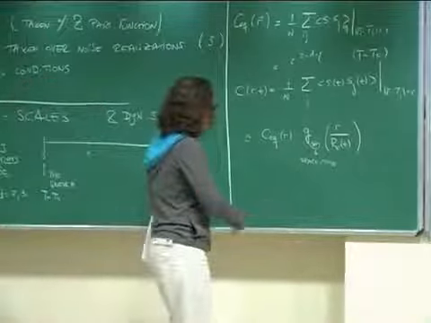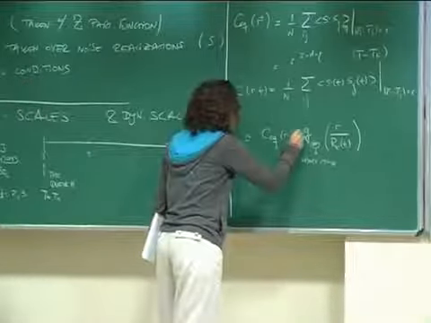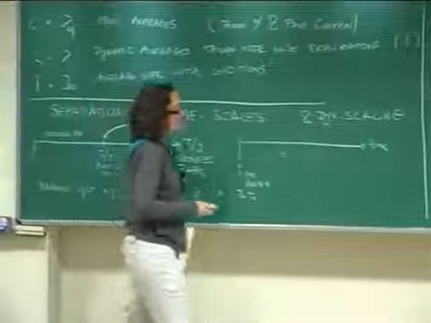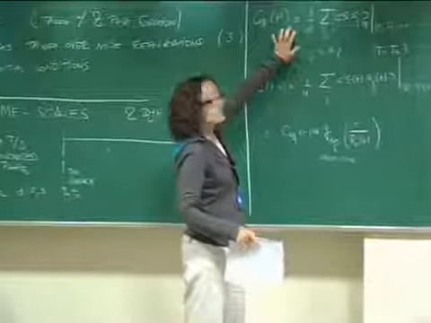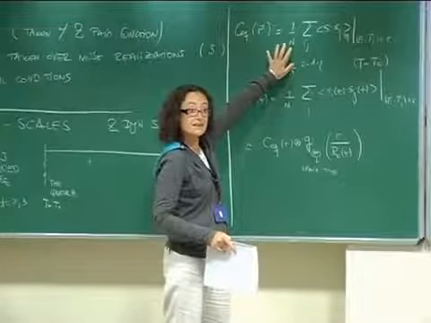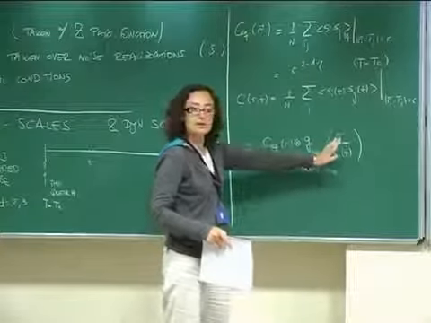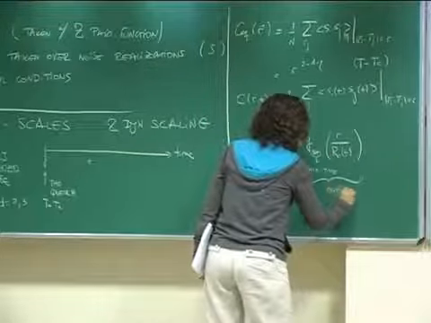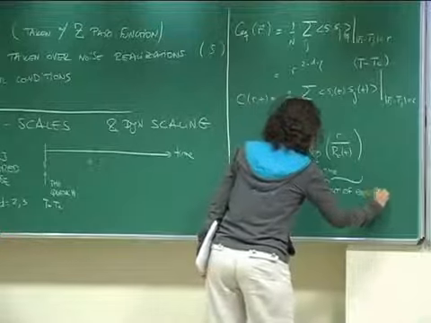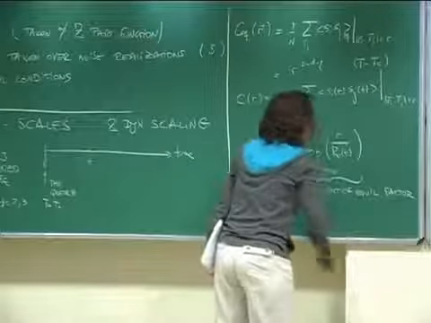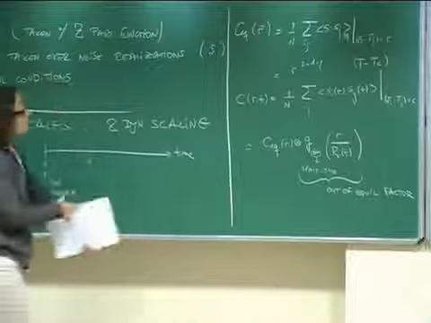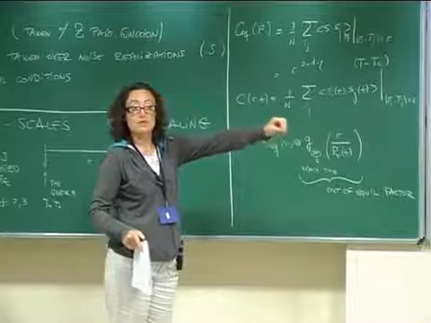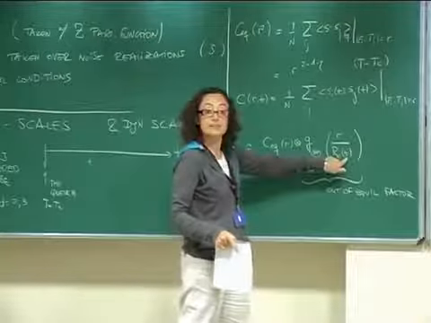So, what do you have to observe here? You have to observe here that there is a product. Let me show it with a cross and encircle the cross. And there is a product between a function, which is the equilibrium behavior of the problem at the critical point, times another function, which is definitely out of equilibrium. It depends on time. Okay? This is the out of equilibrium factor, if you wish. Why do I call it out of equilibrium? Well, because in equilibrium, equal time correlation functions should approach a constant. And this doesn't, because there is time still here.